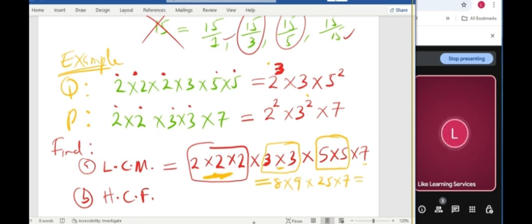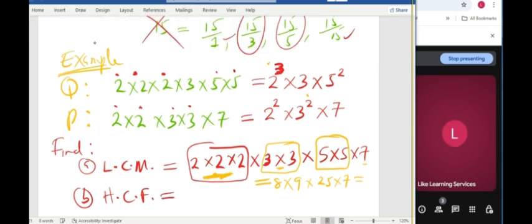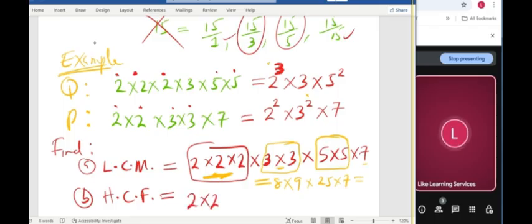Okay, what's the HCF? That'll be 2, because it's the lowest one. So 2 times 2, only in 2 places. The 2 that appeared only in 2 places is the one we are taking. Then when we come to 3,